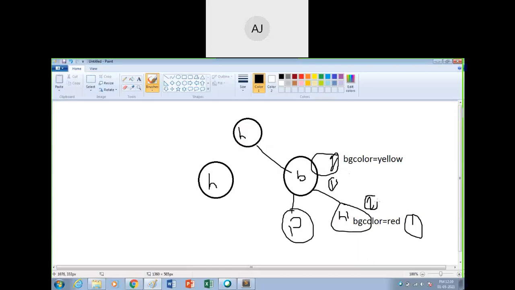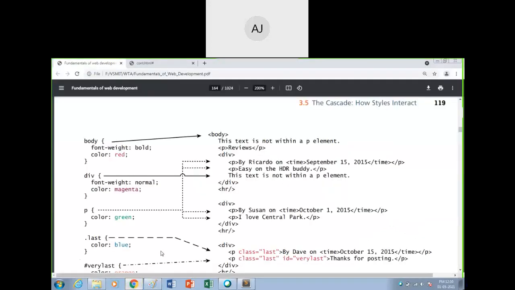There is no relationship, that is inheritance and all. Nothing will be there. Is it okay? So this is the specificity. You specify wherever it is, that will be applied. It is just like a constant. If once you set the value with a constant, it is final for all. Yes, so this is the specificity. Let us see the next one.